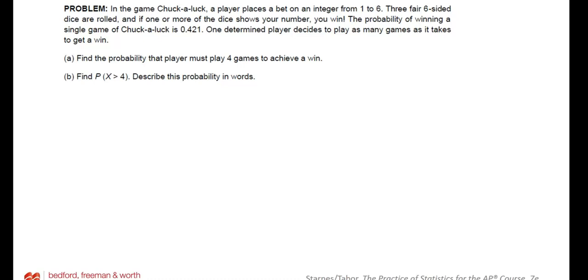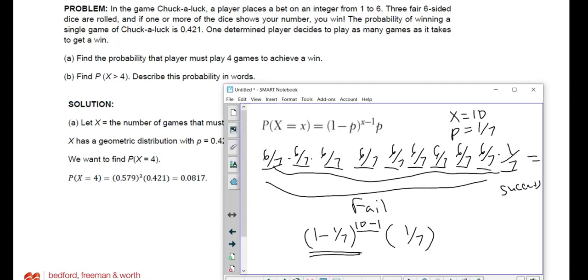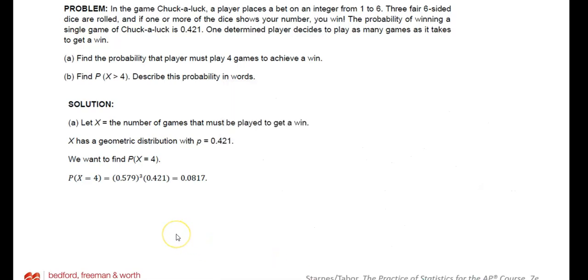So we're going to plug into the formula, right? So the formula was 1 minus p, so 1 minus 0.421 is 0.579, to the power of 4 minus 1, which is 3, times p, which is 0.421. Part B,